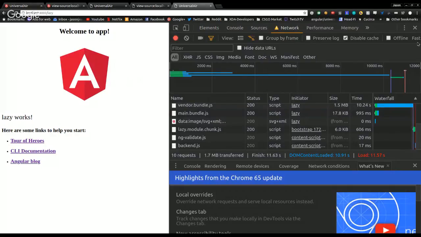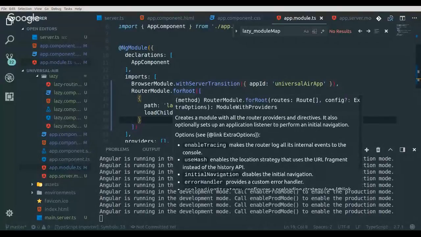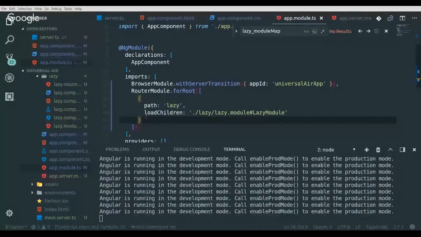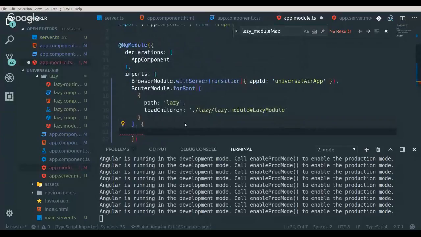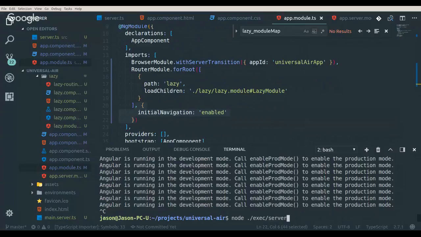So now that I've shown the little flash, we're going to fix it. The router module allows you to also give in some options when you do forRoot. So it allows you to give a config, which is extra options. So after I give it the routes, I'm going to give it this configuration object, and I'm going to tell it to wait for initial navigation before it paints anything. So the way that looks is I pass in a config option after the routes, and it says initialNavigation enabled. And now if I rerun the bundle,